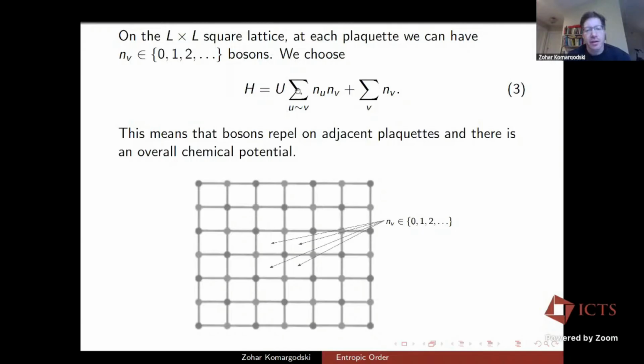But then most importantly, there is a repulsion, but it's not the same repulsion term that you might have seen in the Hubbard model. This repulsion is across neighbors. So if there are 3 particles in this plaquette and 5 particles in this plaquette, you multiply 3 by 5 and you pay 15 units of energy penalty. This symbol means that these are nearest neighbors. So if you put a particle here, it repels particles in the 4 sites which are nearby, which share a common edge, which are the nearest neighbors. And okay, that's it.